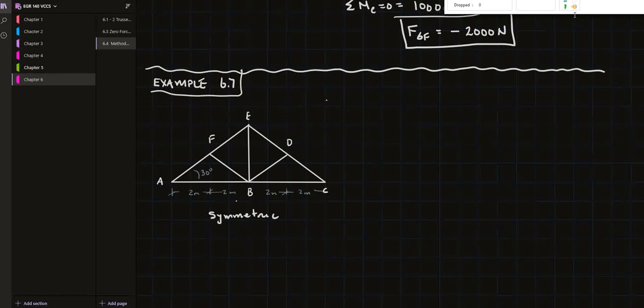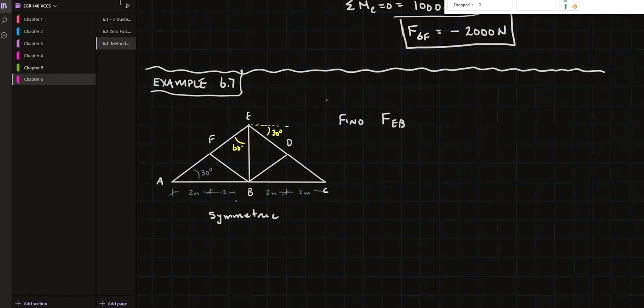This thing is symmetric, so it's 2 and 2 and 2 and 2 here. So that would mean that this must be 60 then. We can this distance here, this angle's 30. So let's analyze this and find F of EB,